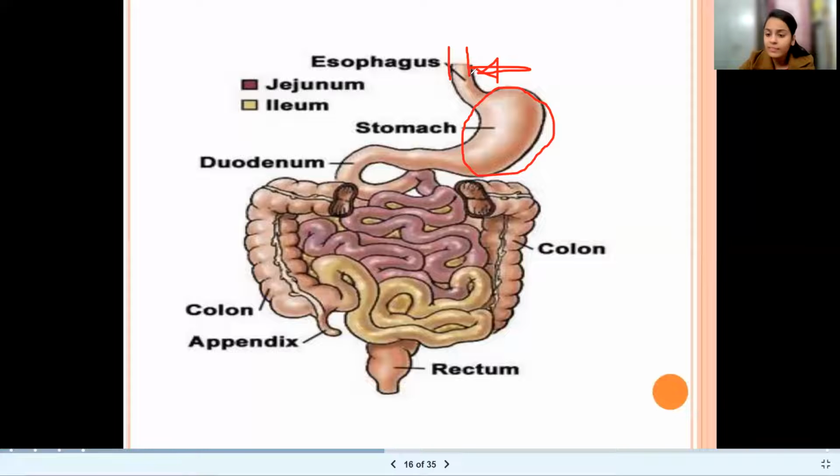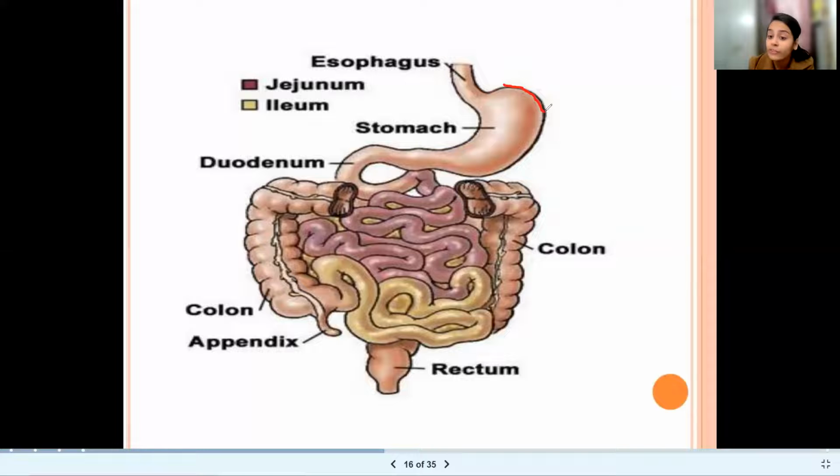We will discuss it in detail one by one. So now see, what is the sphincter here? The sphincter is present, which controls everything related to food entering into the stomach, right? Now, the second part is the dome-shaped part, which is known as the fundus. What is it known as? Fundus. Yeah, exactly, this one. This is the dome-shaped part, which is mainly filled with air, right?